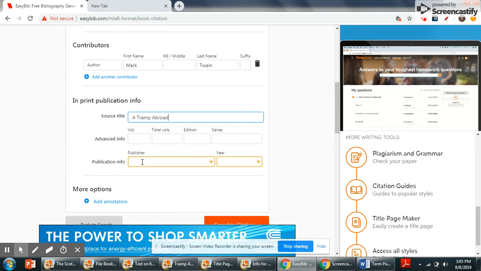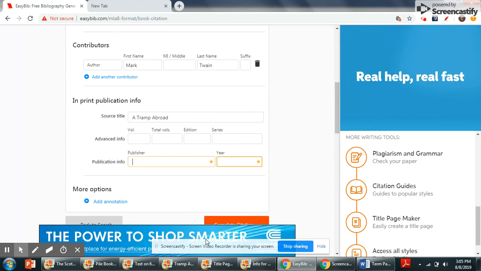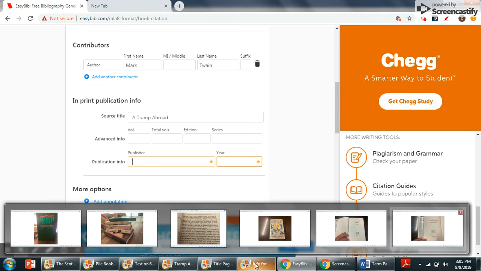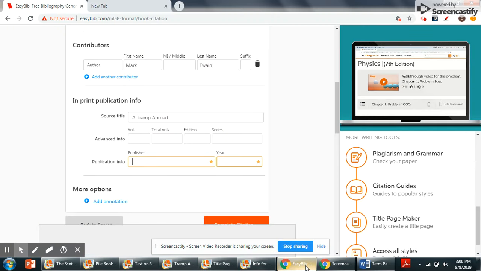The publisher, though, I do have to put that information in. And you can find that information on the title page. So you flip the book open, and on the first couple of pages, you're going to see the title, the author, the publisher, Hippocrene Books, and the city it was published. So going back to Easybib,